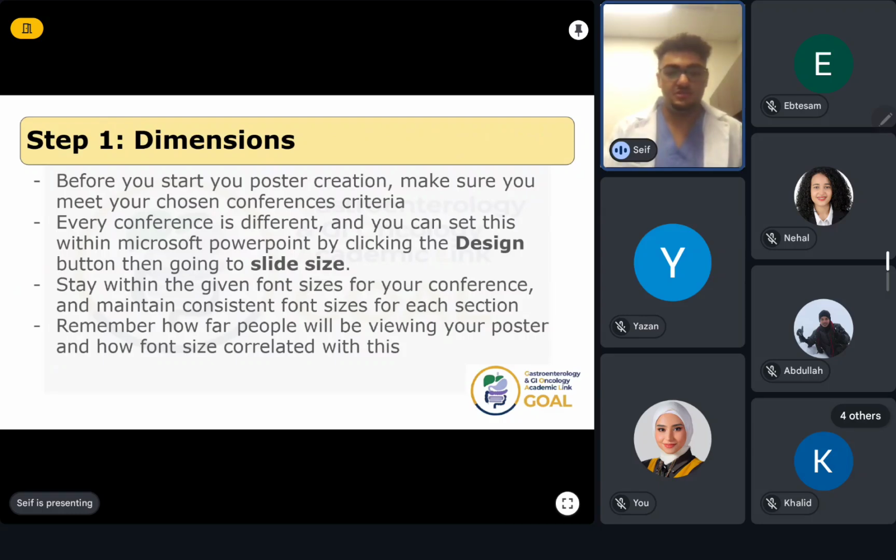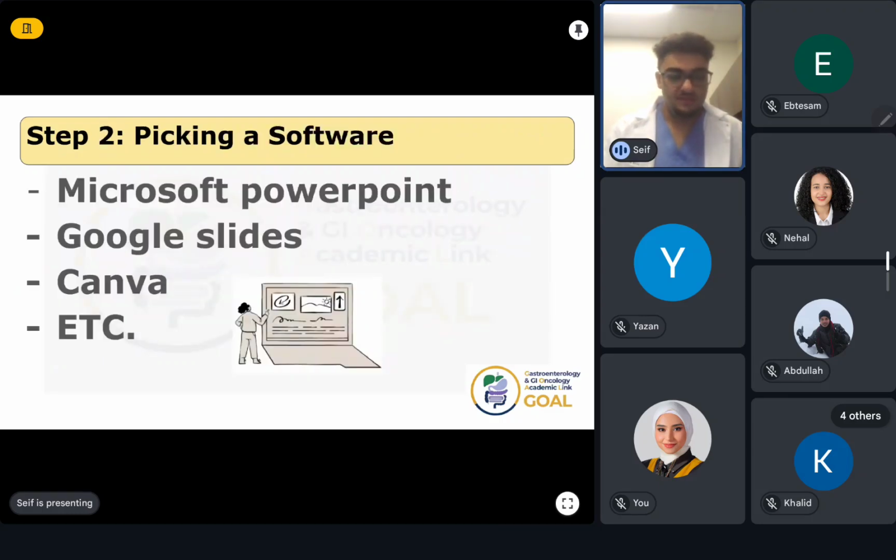If they're not given, here's what you should do. But yeah, set those dimensions. And oftentimes conferences will also tell you what software to use. Now, I do recommend PowerPoint just because it is the most widely accepted, but Google Slides also works, and they're